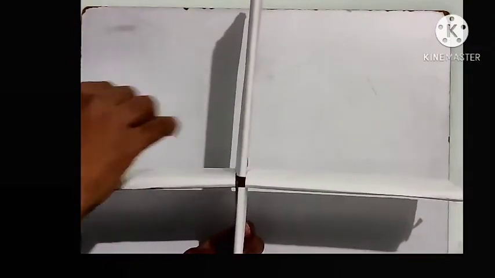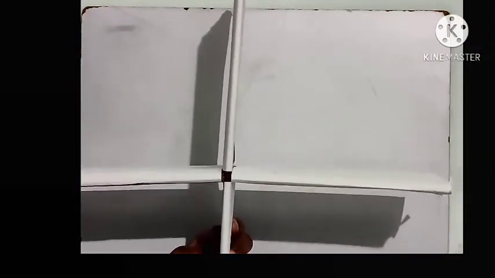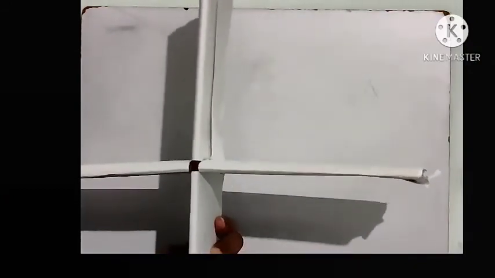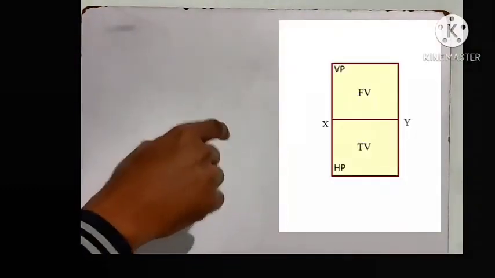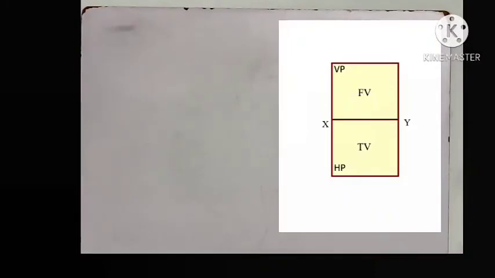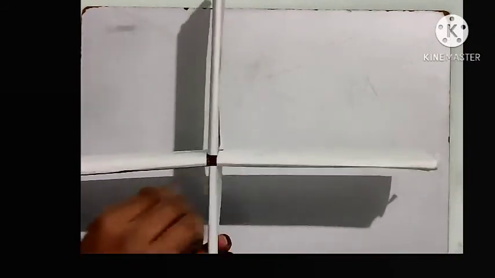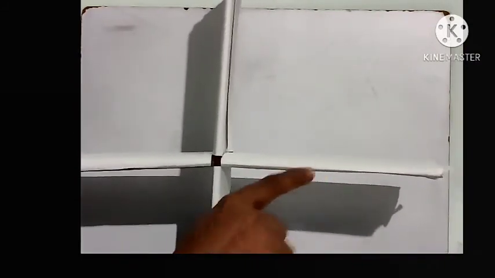Whereas, what if the object is in the second quadrant? I told you to rotate the horizontal plane by 90 degrees. The direction is clockwise, because if I rotate like this, you will get the planes parallel to each other. You are rotating like this so that you get the front view in the top and the top view in the bottom, or the vertical plane on top and the horizontal plane at the bottom. So you need to make a uniform standard. Here you rotated the horizontal plane 90 degrees, so for the second quadrant also, you need to rotate the horizontal plane 90 degrees in the clockwise direction, similar to the first quadrant. If you do that, what will happen?